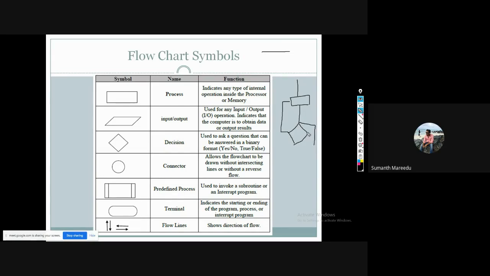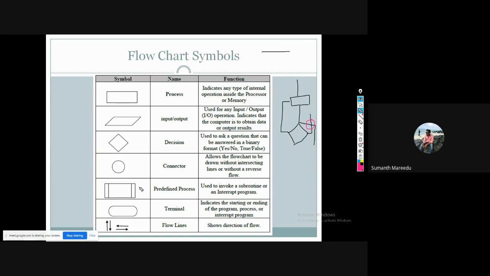When the lines are getting overlapped here, we'll not write an overlapping lines like this in the algorithm. In that case, what we'll do is we'll write this connector symbol. Connectors are also used in situations like